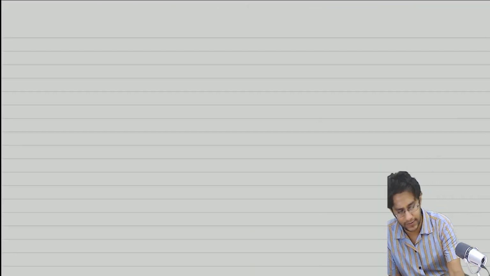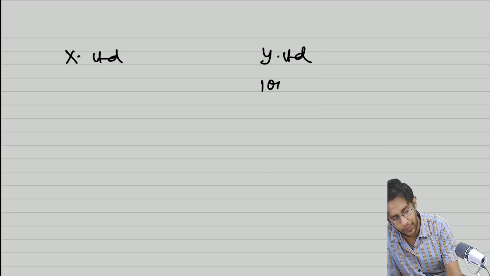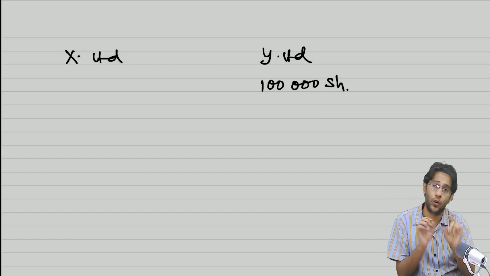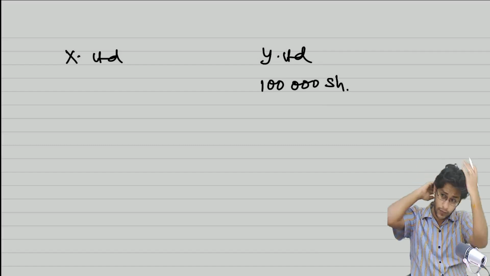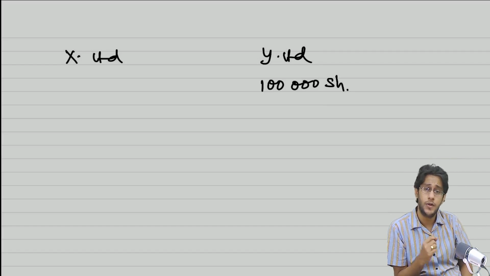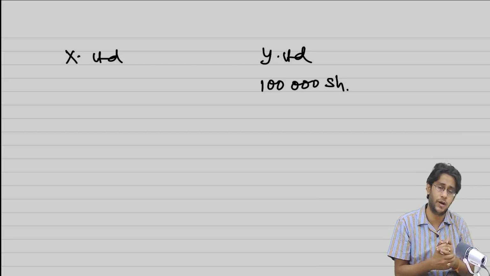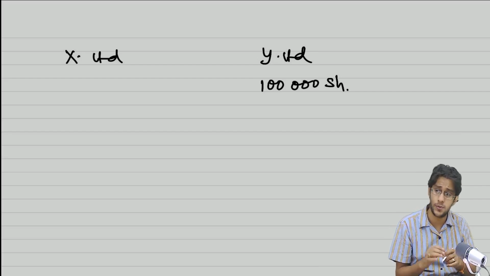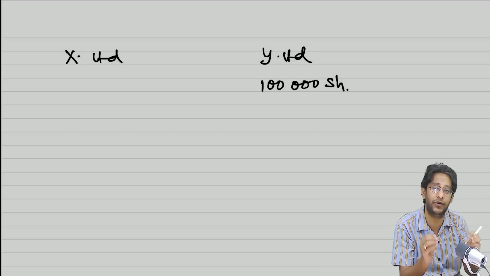Next one, another case. So X Limited, Y Limited, two entities are there. In Y Limited, 1 lakh shares are there. X Limited does not hold a single share in Y Limited also. This Y Limited is into some financial losses and all. So some kind of fraud or something has happened. So as a result, X Limited is asked to revamp the entire activities of Y Limited in the next 2 years. So X Limited has been given full license to operate and direct the activities of Y Limited.